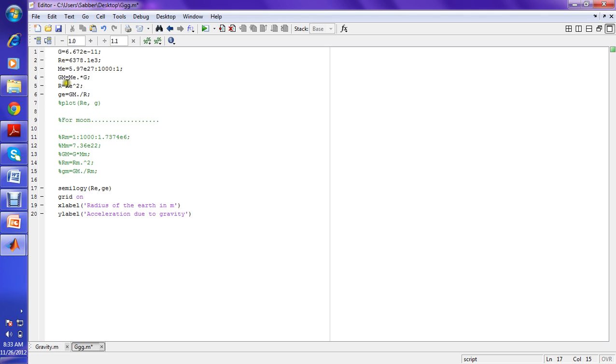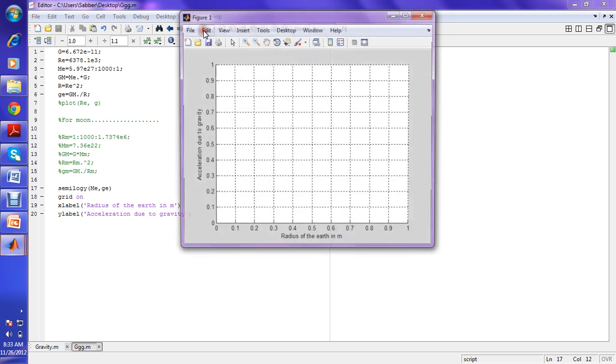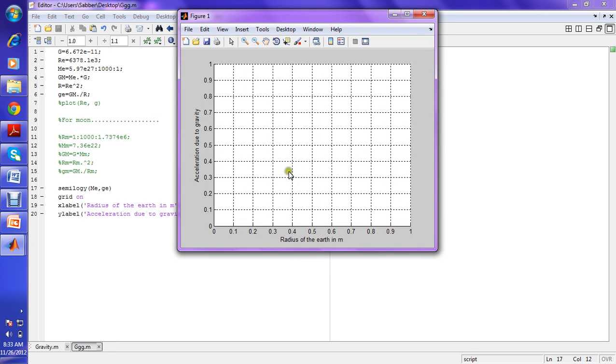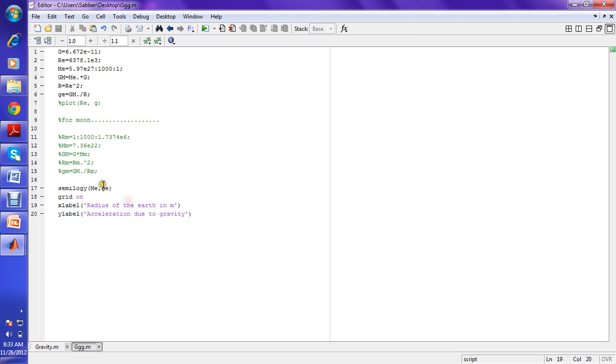R E, where are, oh no, this should be the M E. Yeah, M E. So how it varies? There is no data. That is the mass. This should be the mass of the Earth. This X label should be the mass of objects. Mass of objects, and acceleration due to gravity in the y-axis. Okay, so